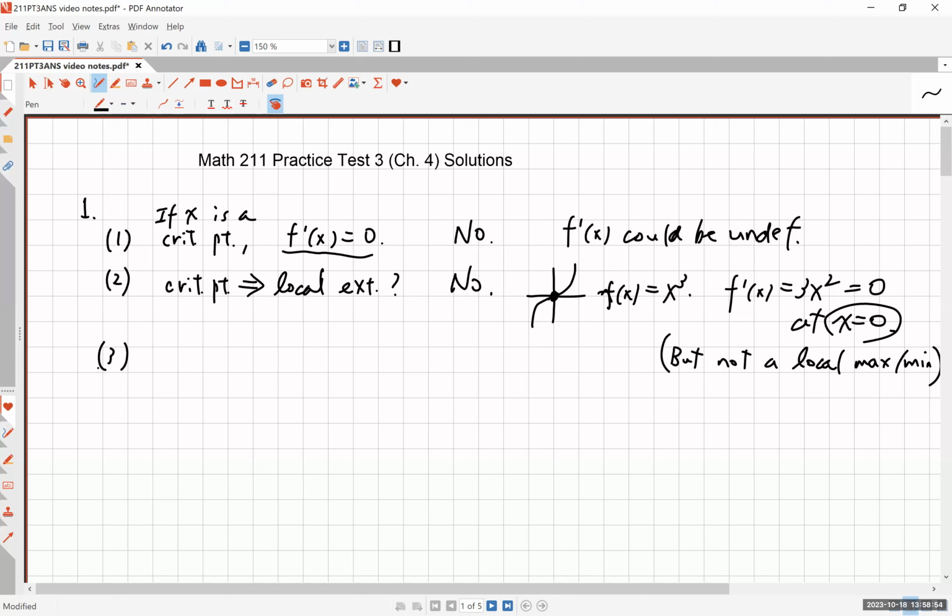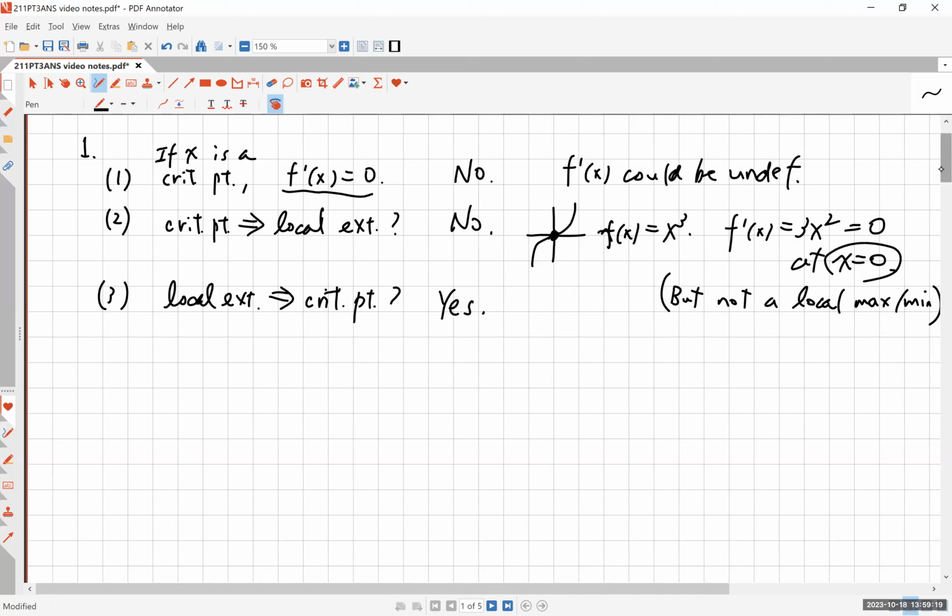Number 3 of problem 1, every local maximum or local minimum occurs at a critical point. So it's the opposite of number 2, or the converse of number 2. When you have a local extremum, does it mean that it has to be a critical point? And the answer in this case is yes. There is a theorem that says if you have a local extremum, which has to be at an interior point of an open interval,